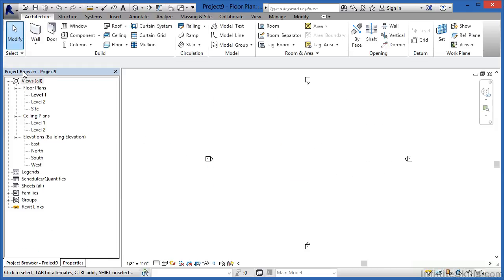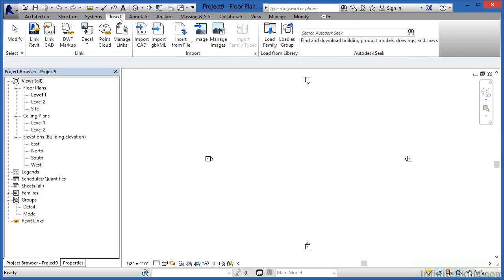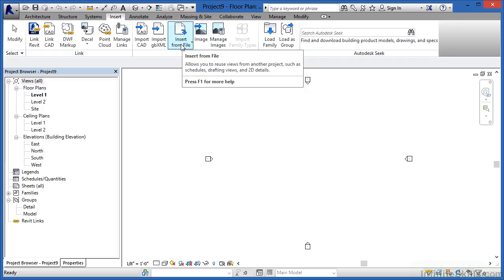Now if we look under the project browser for this, we're going to notice that if we click the little plus next to Groups, there's nothing underneath Detail or Model Groups, and there are currently no drafting views loaded into this project. Next, come up here to the Insert tab,